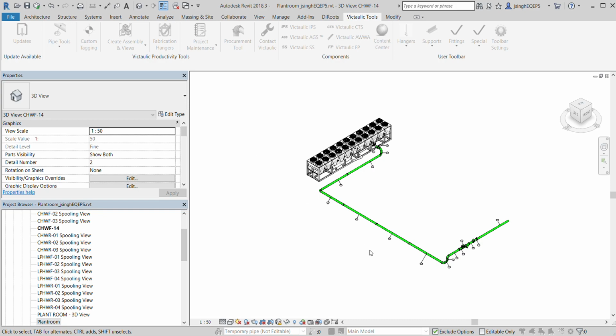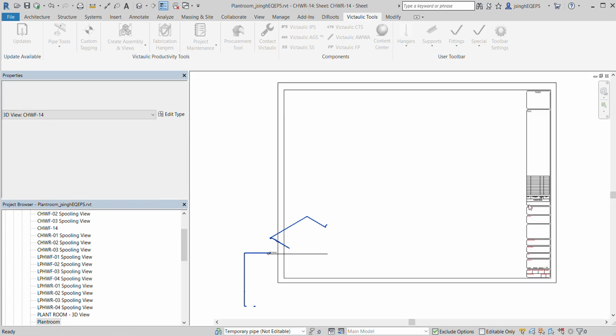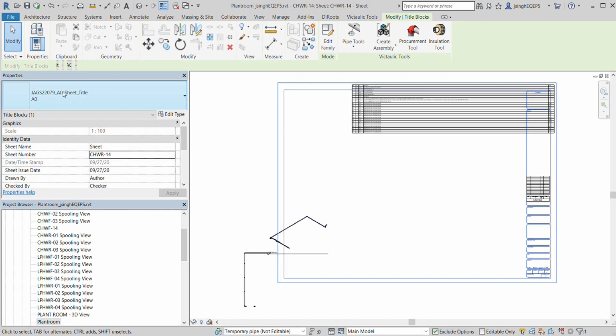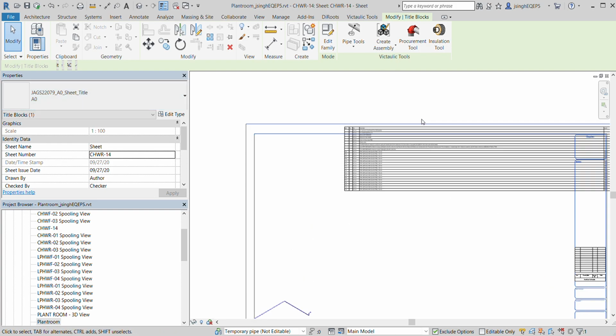Now you have to define a template, based on which you want to create your drawing. So for your drawing also you can previously define a template, with which view and whatever scale or whatever sheet and everything you can define, and then you can simply use that one. So let's say going with this one. So now this is my A0 sheet. Now if you see here, this is my title block A0 and this is the cut list